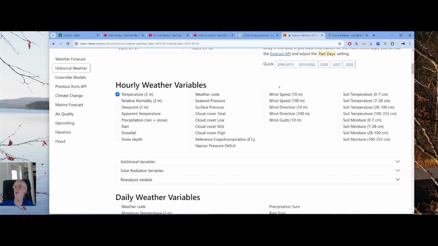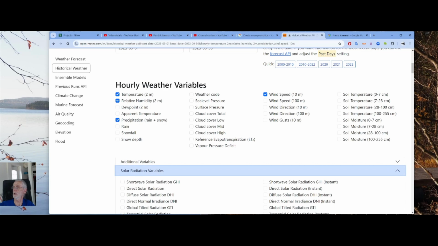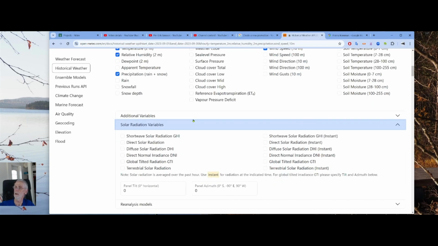But now we should focus on the drivers. And then I select temperature, relative humidity, precipitation, and wind speed. And in addition, we need the solar radiation variables, and they have a long list of radiation,